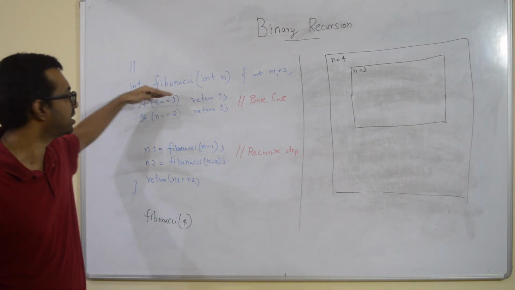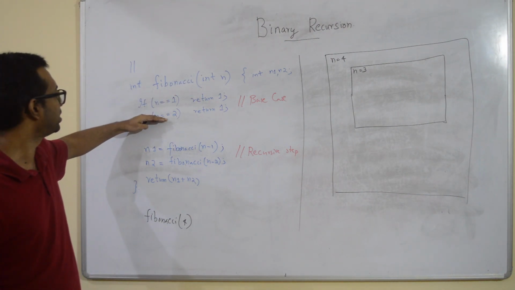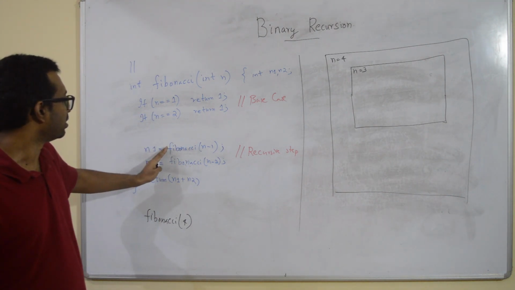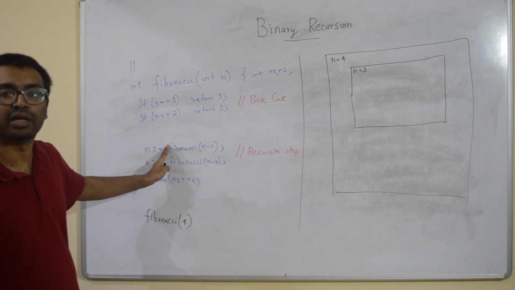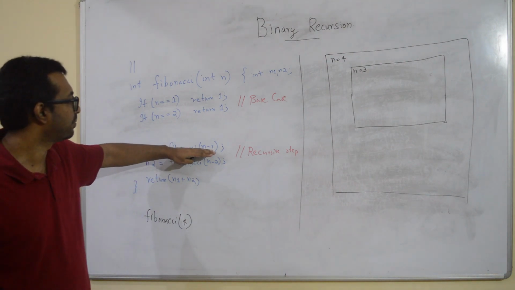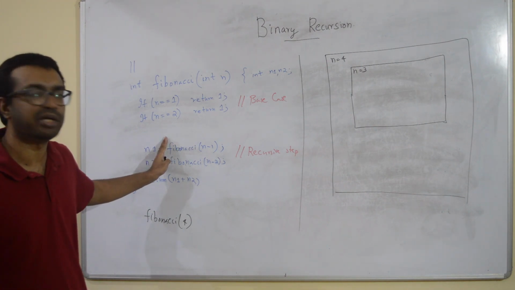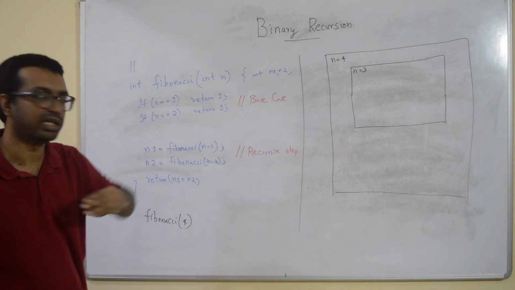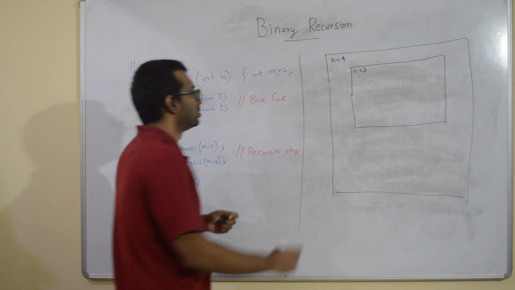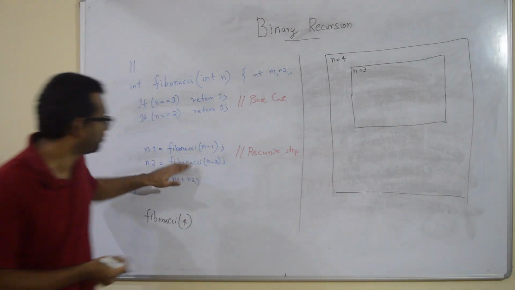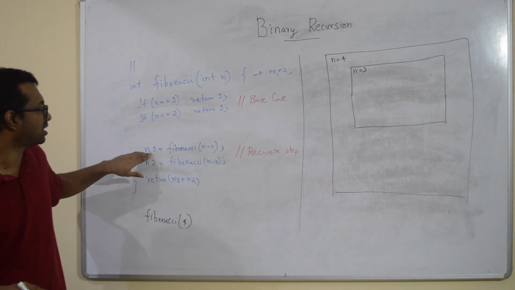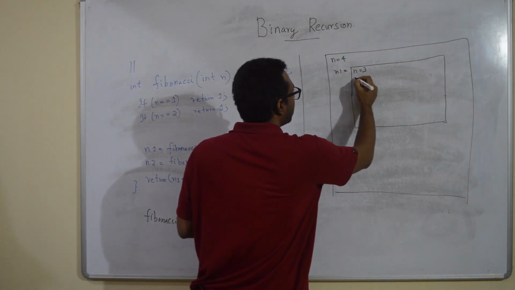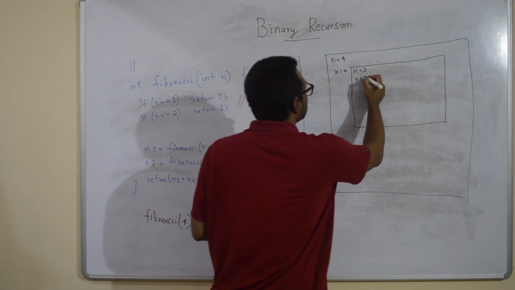This condition is not true. This condition is not true. Again, Fibonacci of n-1 is called. What is the n value here? 3. Again n-1 of that is called, that is 2 is called. So what is this value going to be assigned to? It's going to be assigned to this n1, right? So I can write here n1 is equal to this, and now again n1 is equal to